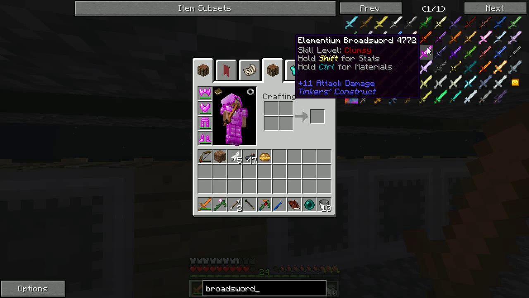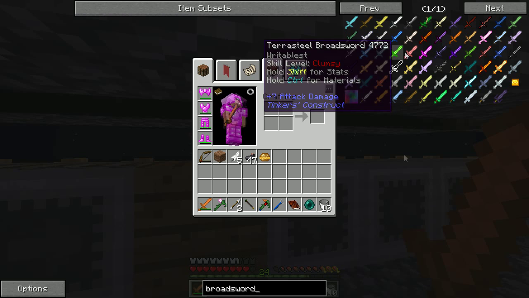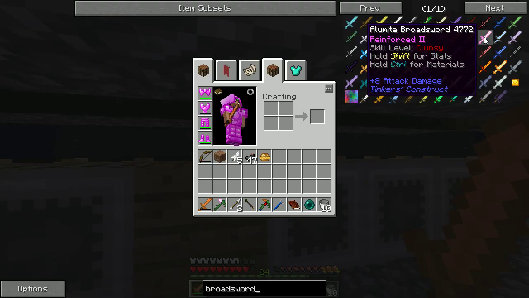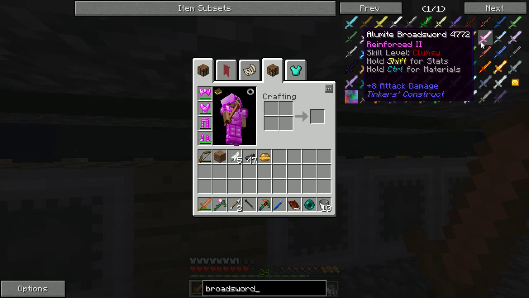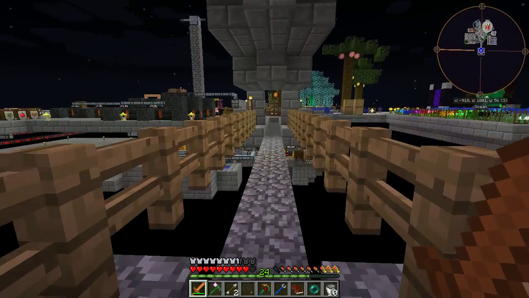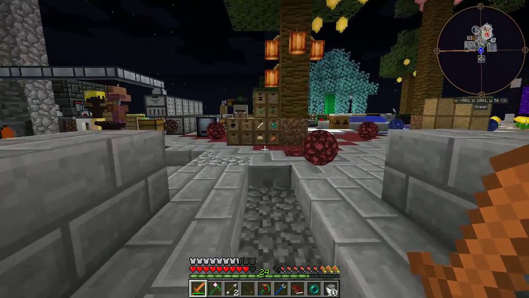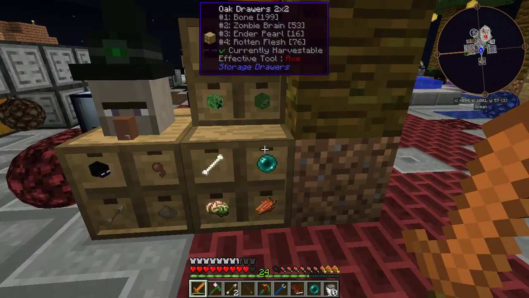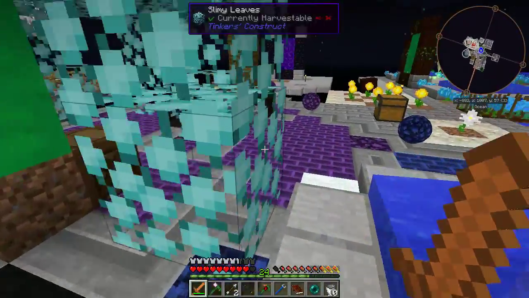Elementium is even 11, so we could have melted down this stuff to turn it into a broadsword. And Alumite, which is what we were using for other stuff, is 8 as well. So Ardite and Alumite have the same attack damage when used for a pure broadsword. So I think that we should be forging ahead trying to get more Ender Pearls so that we can make better tools. They seem to be top-of-line gear